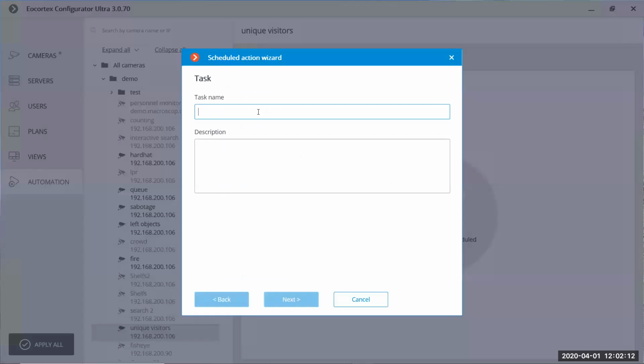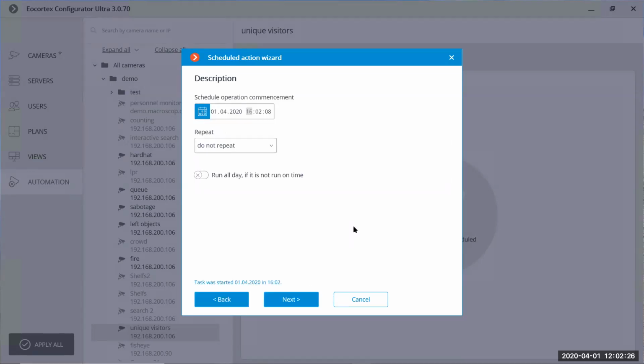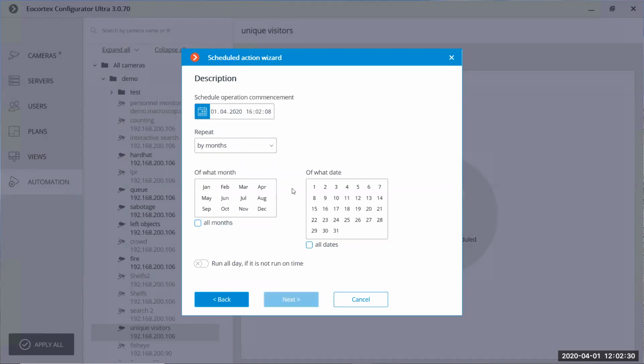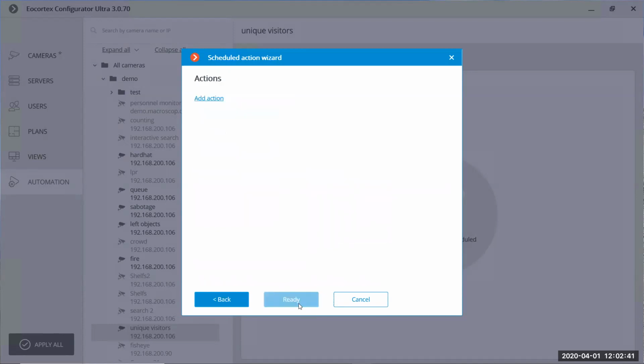So let's add a task, face report. Next. Here we configure the schedule, like repeat by month, all month, first day at 9 AM. Next, and here we select an action.